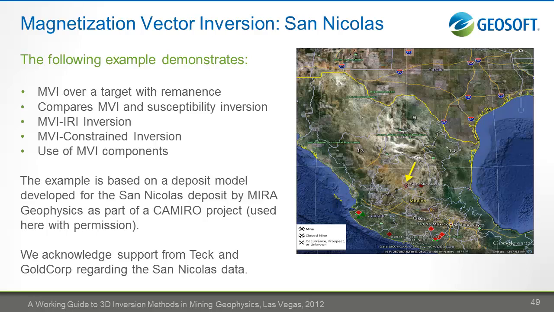In this example, I'm going to show you how magnetization vector inversion works over a more complicated target with remanents. I'm going to again compare magnetization vector inversion with susceptibility inversion. I'll show you how we can sharpen up a magnetization vector inversion image using iterative reweighting inversion. I'll then demonstrate that constraints can be incorporated into magnetization vector inversion, and I'll show you some component images,